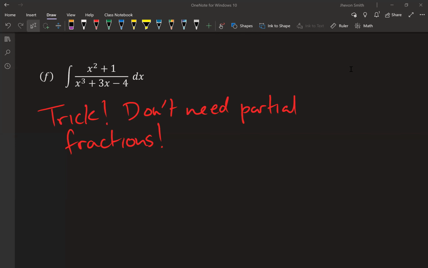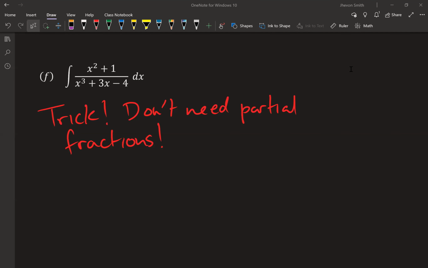Because with 1/3 ln of the absolute value of x cubed plus 3x minus 4, the derivative of x cubed plus 3x minus 4 is 3x squared plus 3 over x cubed plus 3x minus 4, multiplied by 1/3. You get x squared plus 1 over x cubed plus 3x minus 4. You don't need partial fractions. It's just simple logarithms and derivatives. Now, does anyone, if you didn't see the logarithm, based on Jason's suggestion,